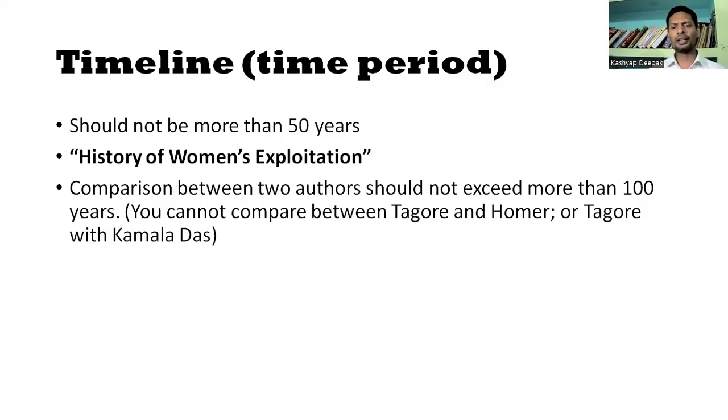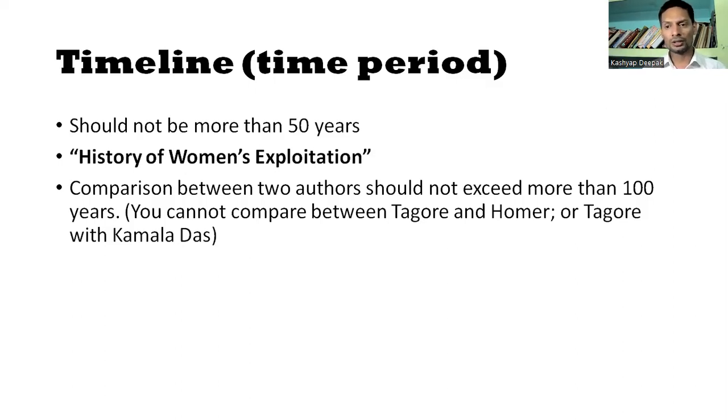As a point, I can say you cannot compare Tagore with Homer or Tagore with Kamala Das, because there is a kind of gap in thinking that would make it hard for you to develop your idea. So it is good if you have 2 contemporary writers like Mulk Raj Anand or Raja Rao, but these are old topics. They will not fetch you a